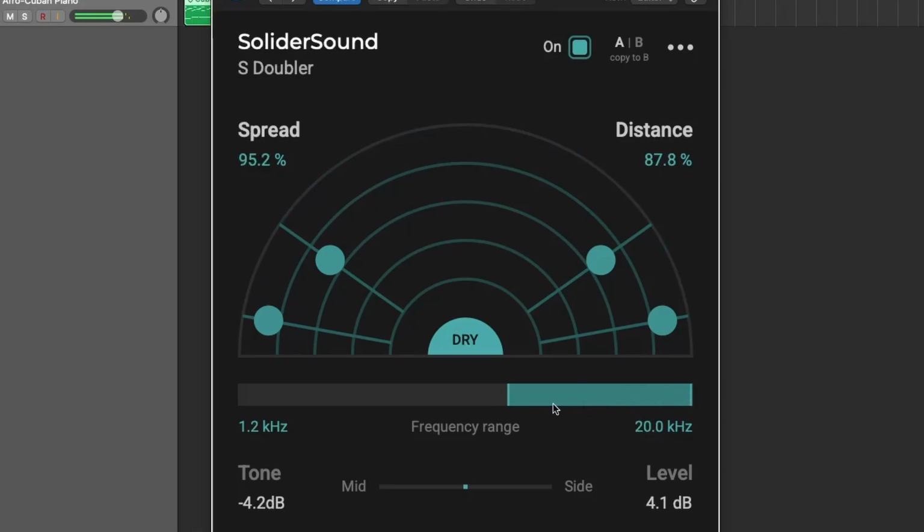solid, centered bass foundation. One of the most powerful features of S-Doubler is mid-side processing. This control lets you fine-tune where the doubling effect is applied in the stereo field. Moving the slider toward mid concentrates the doubling effect in the center of the mix while keeping the stereo sides unaffected. Shifting it toward side does the opposite, applying the effect only to the stereo edges while leaving the center dry. This gives you incredible control over stereo imaging and allows for creative effects that enhance spaciousness without muddying the